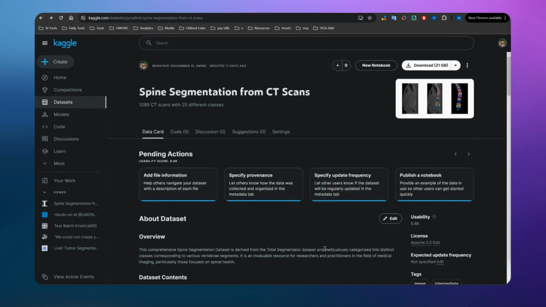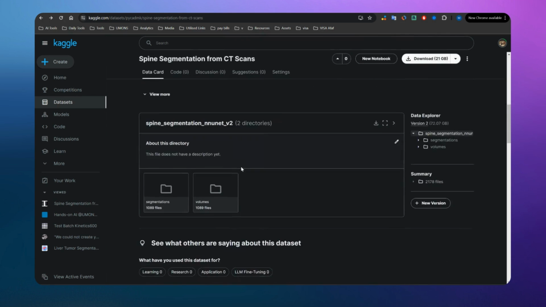Let's discuss how we can access the dataset that will be used for the course. So there are two ways of getting the dataset. The first way, that will be lifetime, is that I am putting it on Kaggle. I will leave the link in the description. If you go to Kaggle and search for spine segmentation from CT scans, you will find this dataset that